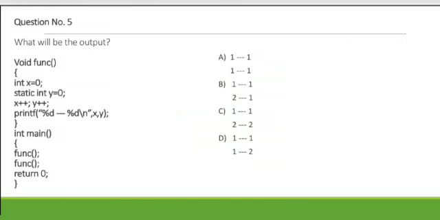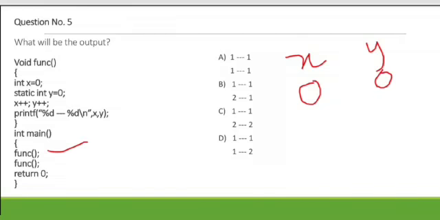Again here int x is initialized to 0, and static int y is also initialized to 0. But whether it is initialized or not, static int always has the default value 0. Let us see x and y. x initially has value 0 and y also has value 0. So we will go to the function first.